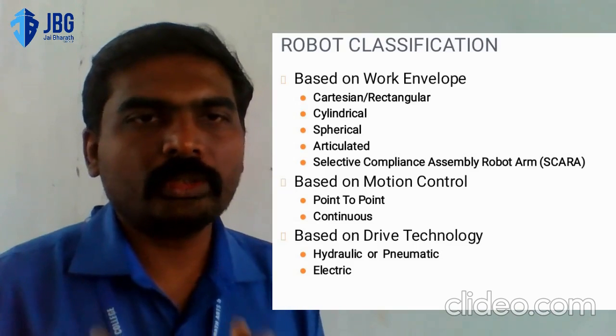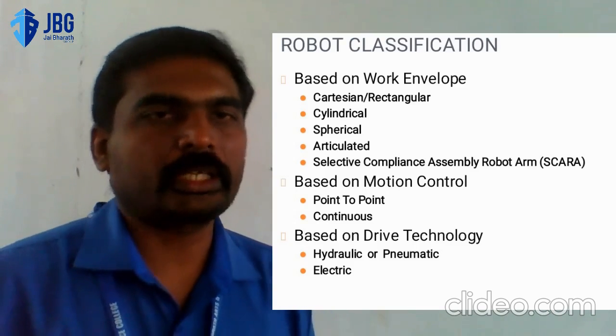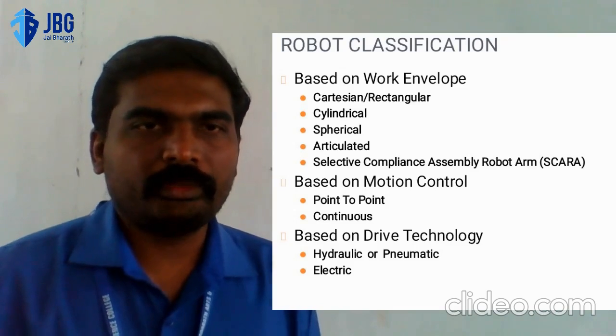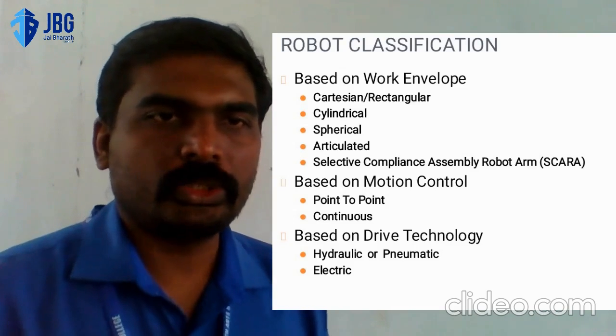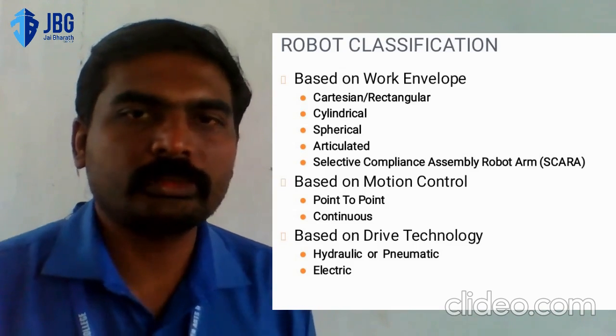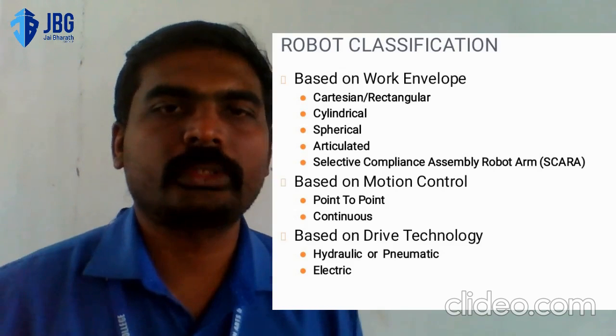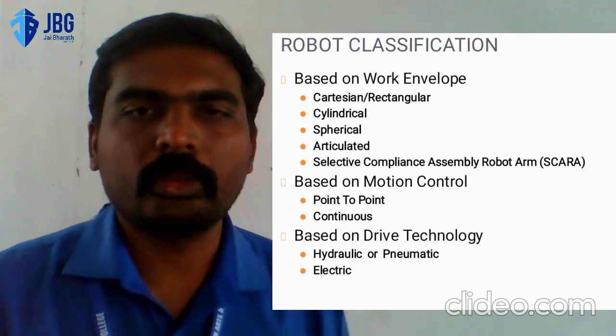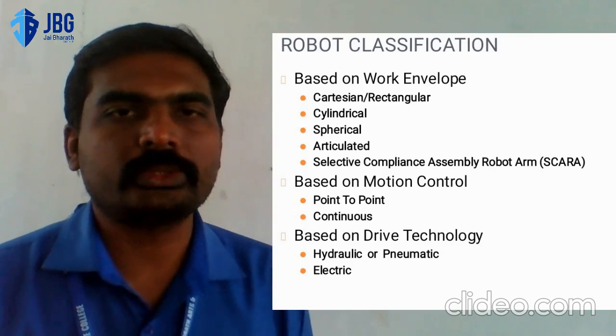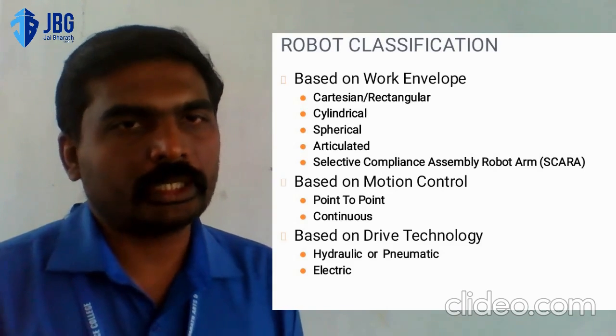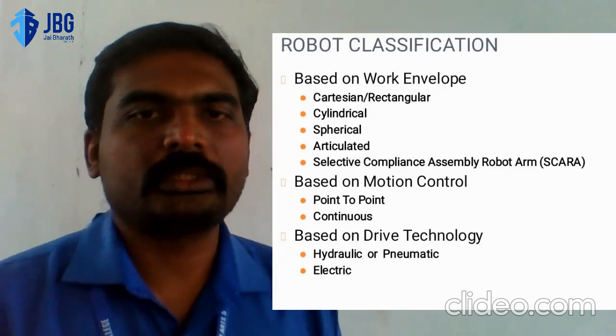In which, based on work envelope, we can divide the different robots into Cartesian coordinate robot arms or rectangular coordinate robot arms, cylindrical coordinate robot arms, spherical coordinate robot arms, articulated, and finally SCARA, that means selective